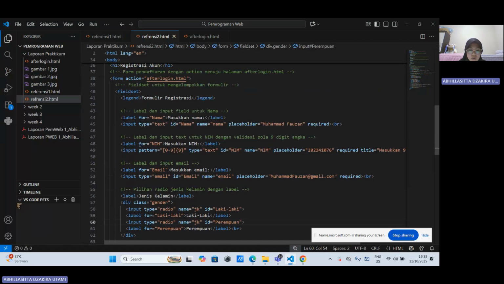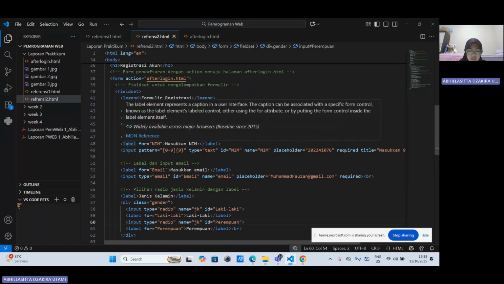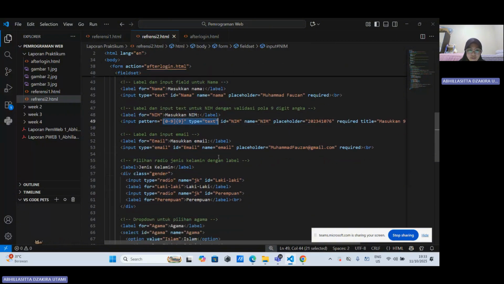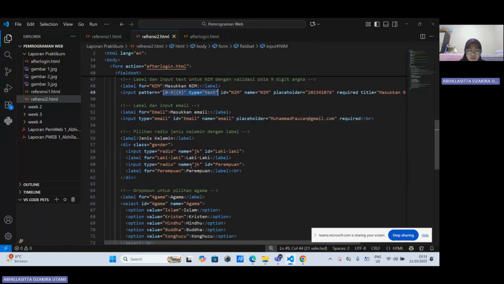The second one is another text input for student number, with a pattern that only allows a 9-digit number. After that, an email field that requires a valid email format. After that, two radio buttons for gender selection, male and female.